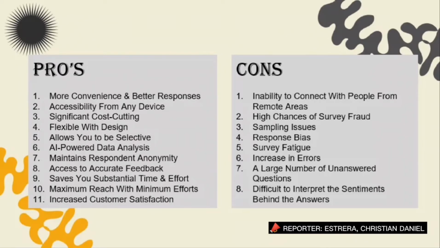So number 2 is accessibility from any device. Turn back the clock 2 decades ago and you see big clunky computers, a lot of paperwork, and not so smart phones. Now we have phones, laptops, and tablets with powerful specifications that can put an old computer to shame. Number 3 is significant cost cutting. Gone are the days when businesses had to break their bank accounts for conducting surveys across different